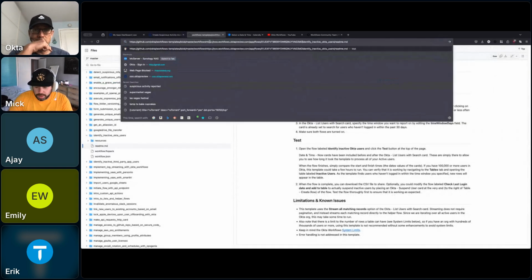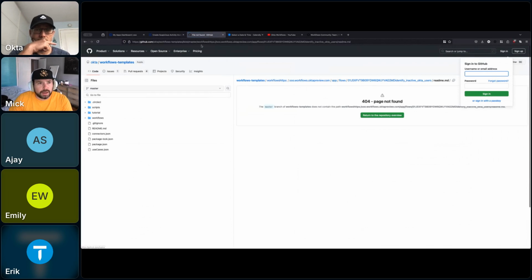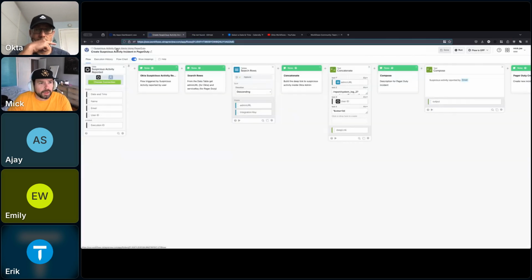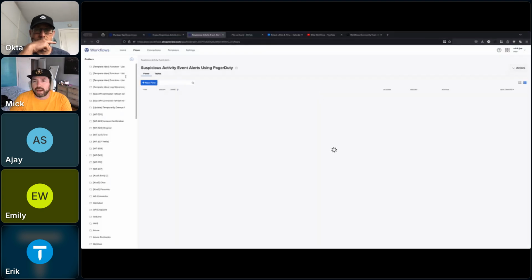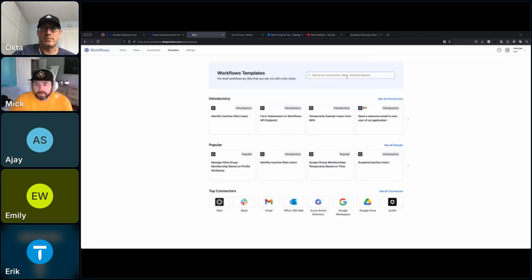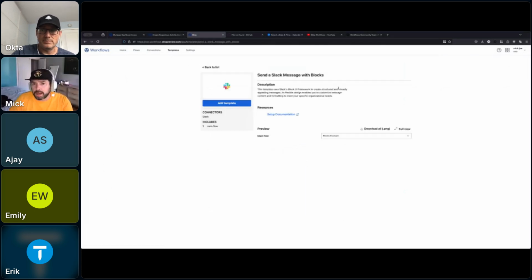What I'm going to do is instead of that, to try to generate that response. And so what we have, which is a more modular template here, is generating a Slack message with blocks.